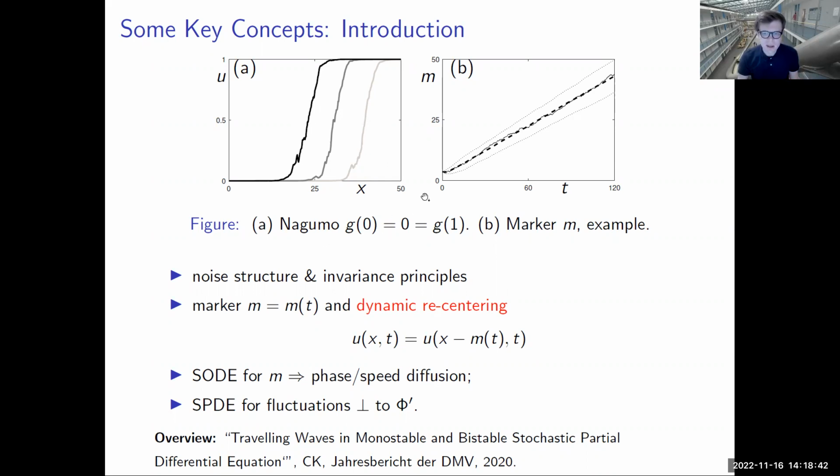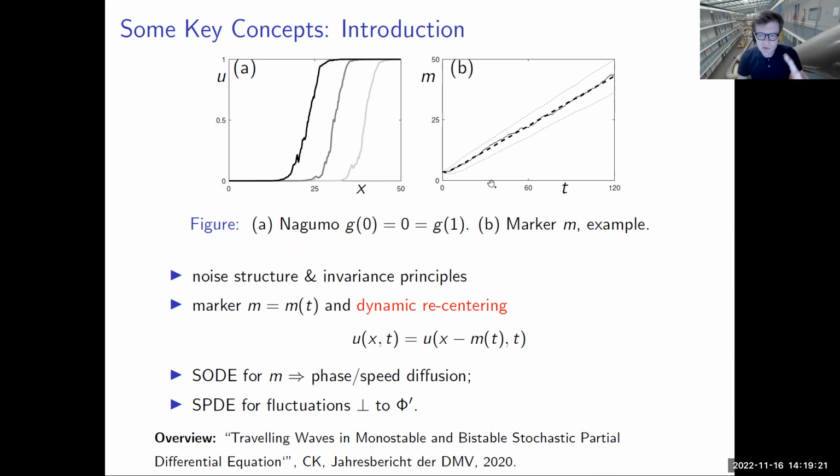Which is sort of expected. And then the question is, I need to track the solution by a certain marker, because I don't have a fixed wave speed anymore, because the wave speed somehow becomes stochastic. So somehow I need to define, and this M is just an example on the right, some marker, some basic observable that tells me where my wave currently is. In the deterministic setting, it's pretty easy because this marker would be just the wave speed times t, because you have a fixed profile that gets translated at a fixed speed. But for a stochastic case, a priori, there is no fixed speed.